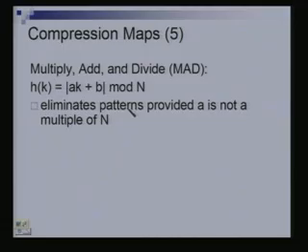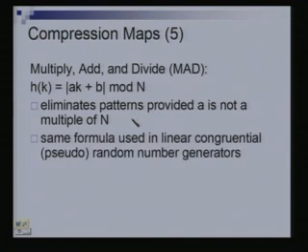Yeah, to avoid any kind of patterns happening. And such a technique is used in your random number generators also. So you might have used the function random as part of your programming, and what random does is it gives you a random number. If you specify the range, it gives you a random number in that range. So how does it come up with a random number?